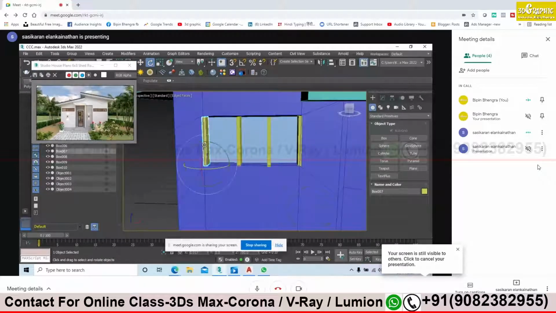It's okay. With the help of shift key and angle snap. Control Z. Just do Control Z. No, first rectify that one. Yes. Now shift and drag. No, see which direction you are trying to make.